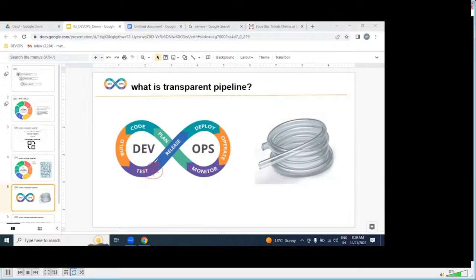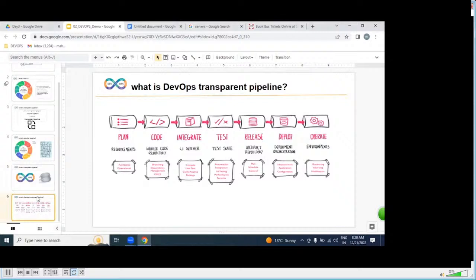Our actual DevOps process looks like this. In this DevOps process, we have several stages like plan, code, integration, testing, release, deploy, and operation. But in this DevOps process, our roles and responsibilities start from the dev environment and end with what?